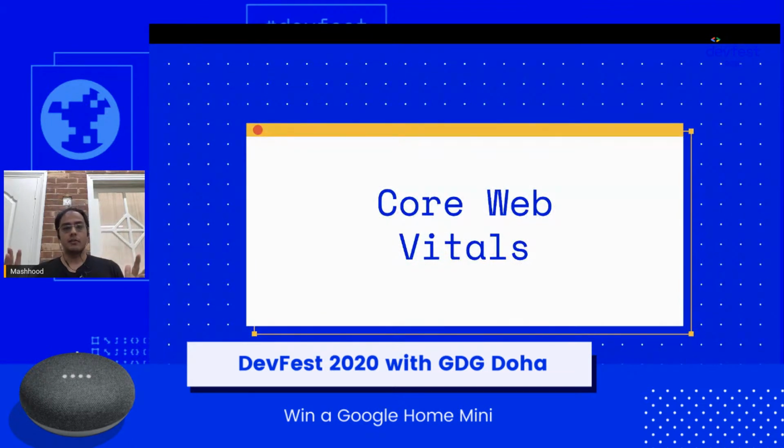So Core Web Vitals, what is it? Core Web Vitals is essentially the measurement for user web experience, right? And why was this created? Because if today you were to go out and start looking for a standard for measuring user experiences, you won't really find anything very standard. So effectively, the whole idea behind Core Web Vitals was that we should introduce something that will become the eventual standard so that everybody knows, all right, if we follow these things, that means our users are getting a good user